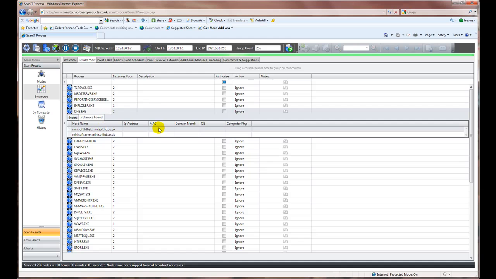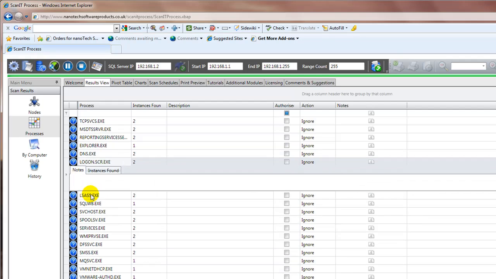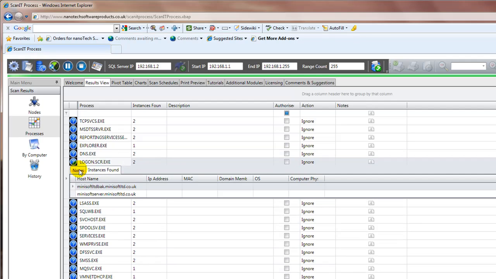Had we run Scannet Systems on this network, these would actually be populated: the domain member type, the operating system type and the computer physical type. We would know what they were, but I recognize them, so I know what they are. But this would return that information, and so we can see what machines these services are running on. If we're not sure what the service is, then we can